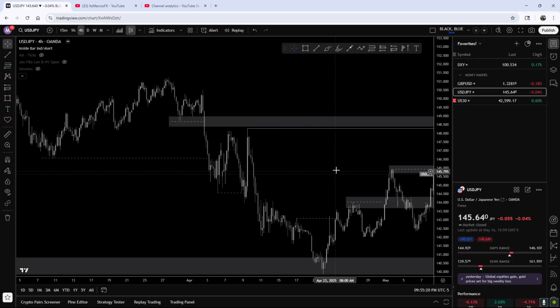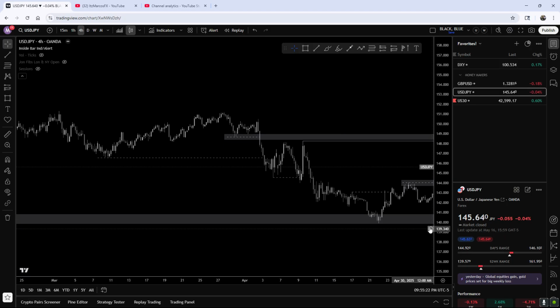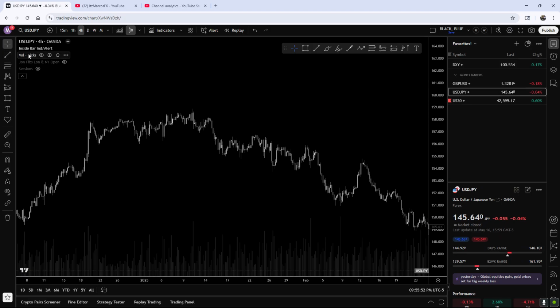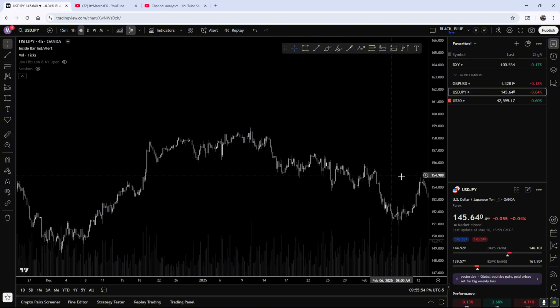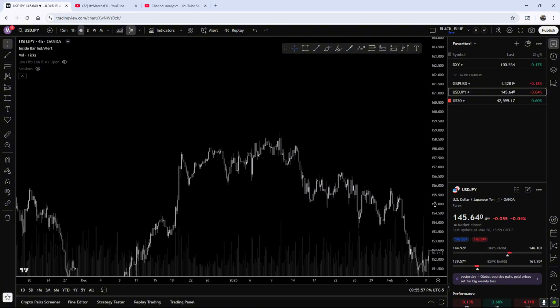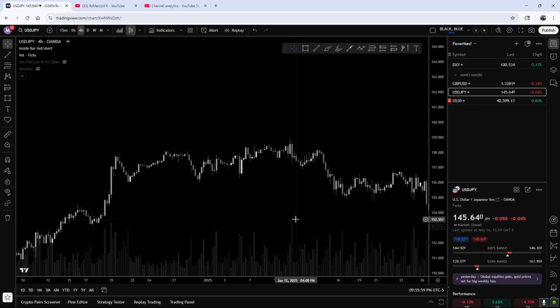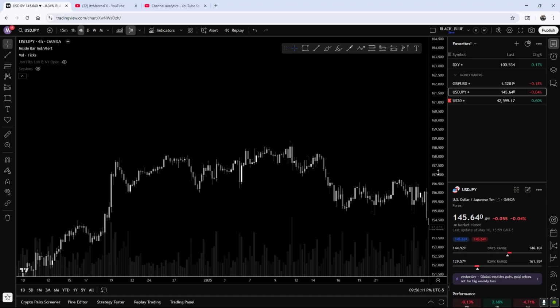Today I want to go over how to read volume in the market. Basically, I want to go over our volume indicator and how I read volume. So let's break it down. Volume is how many people are getting into the market, or how much money is getting put into the market for price action to push in that direction. So what we see